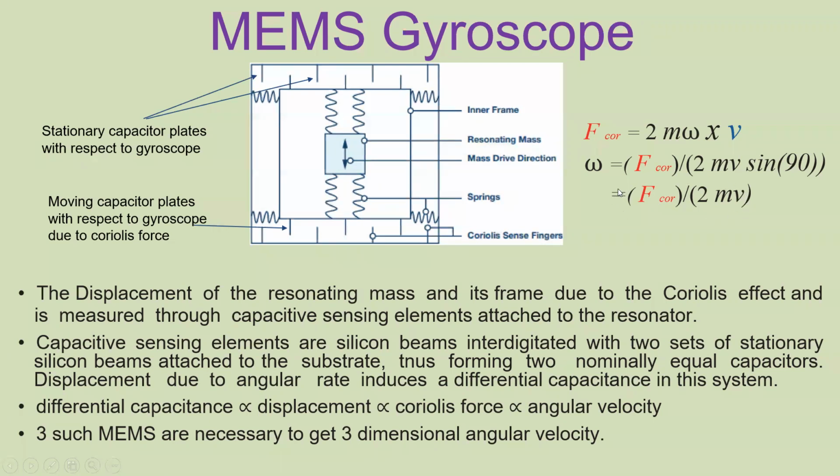So you can get the value of the angular velocity from this equation, right? You can calibrate this instrument for a known angular velocity. When you calibrate this instrument, you have to know the angular velocity and calibrate with it. Then for an unknown angular velocity, you can measure. Simple.